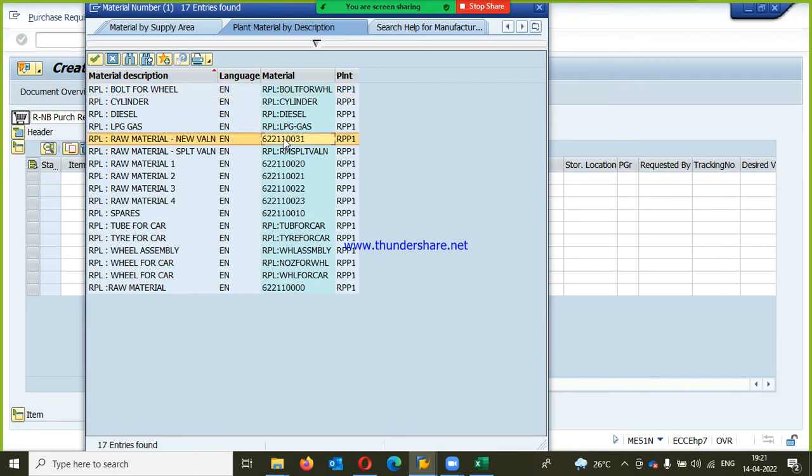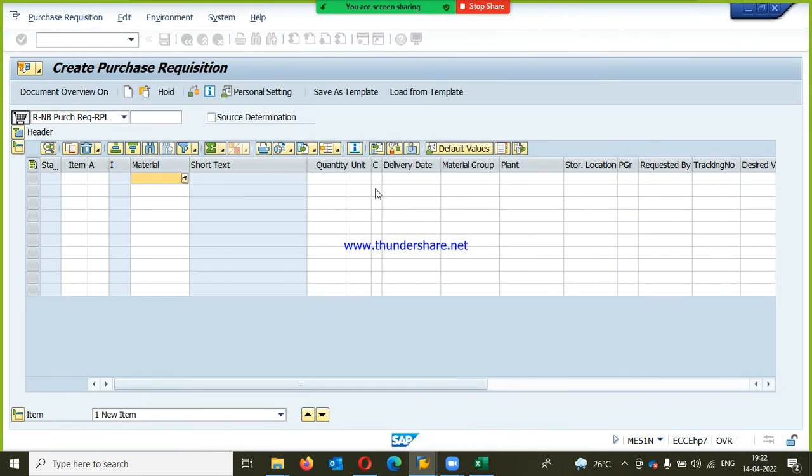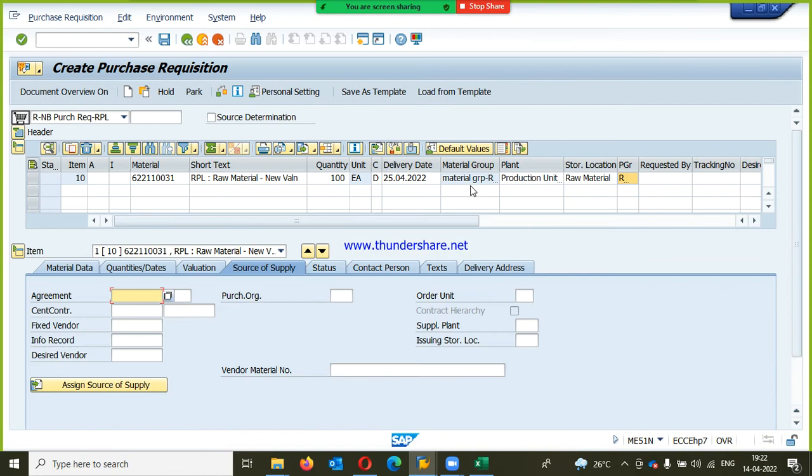So I will take this material, valuation class, then quantity 100, unit of measure each, delivery 25th of April 2022, material group RPL MG, RPP1 is the plant and storage location is RM. Enter, and here click on